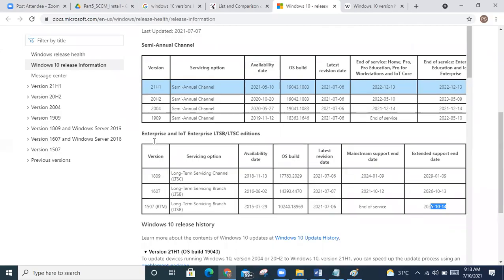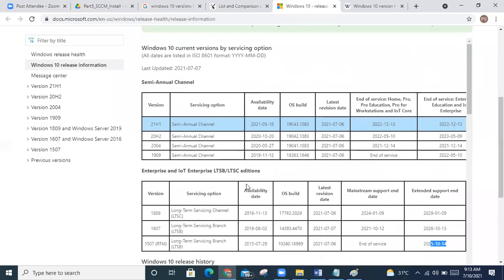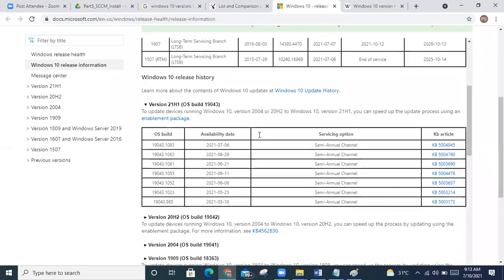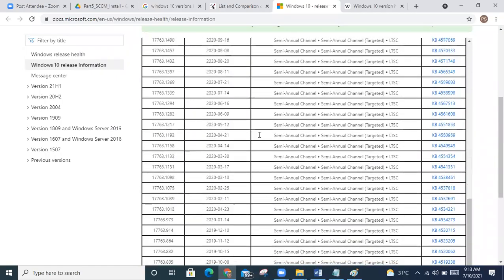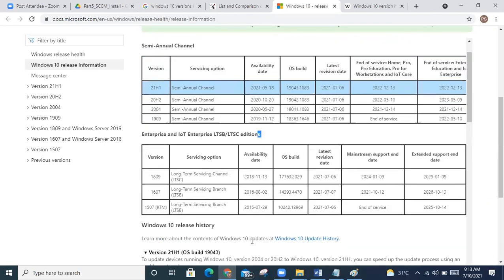We will have like 2019 or so in these versions, okay, for LTSB. Do you understand what the versions are? What versions we choose in the production? Okay, is it clear? Do you have any doubts?